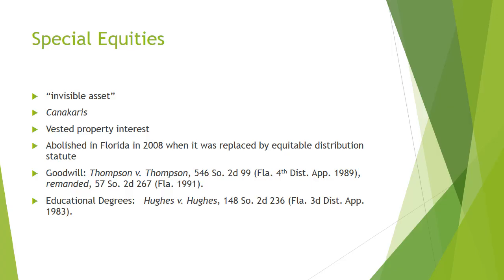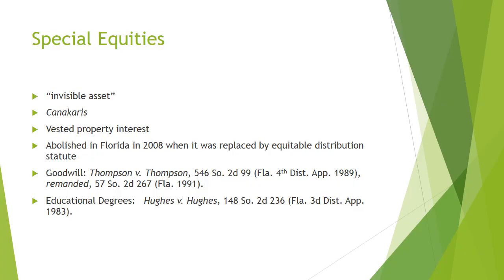Special equities. The term special equities is not included in this version of the textbook. However, I'm pretty sure it was included in past editions of the book. It comes up because you'll probably be faced with this terminology in law practice, because it's often misunderstood. Sometimes a special equity is described as sort of an invisible asset. It's not present in tangible form. And so the term special equities has often been misused by the courts, and it's often confused with alimony.